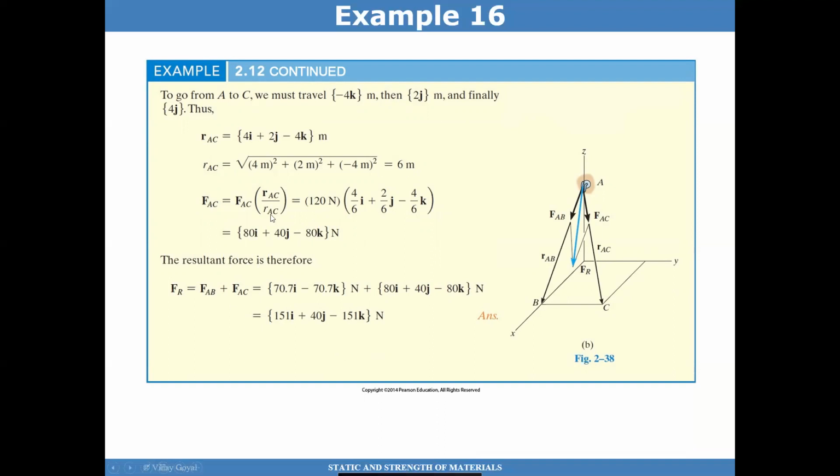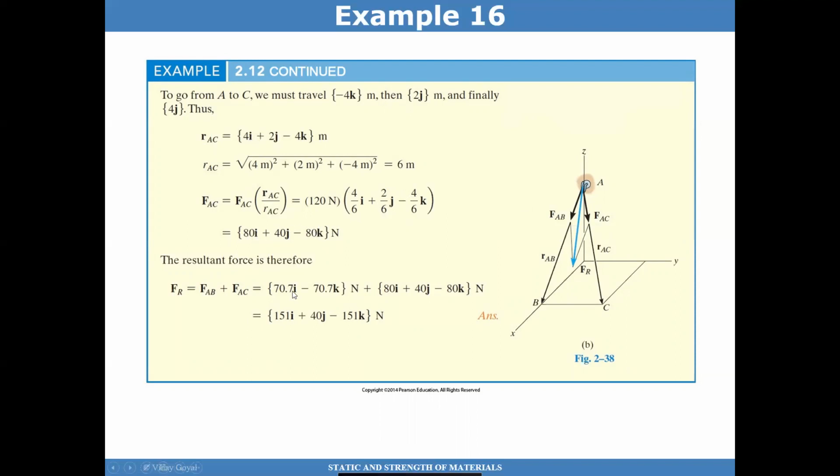And so again, 120 is the force from A to C. So take that position vector divided by 6, which gives me a unit vector. So that gives me a force F of 80i plus 40j minus 80k. And so I know that I have 80 in the X direction, 40 in the Y direction, and 80 in the Z direction. So I now can add the two vectors, FAB and FAC,